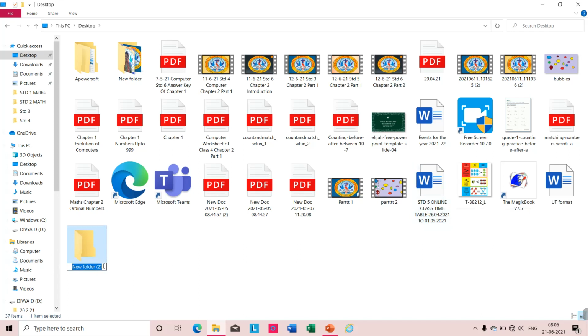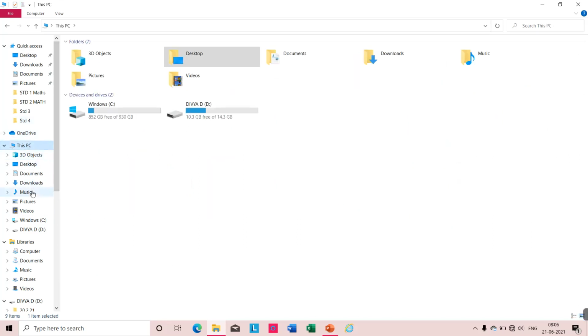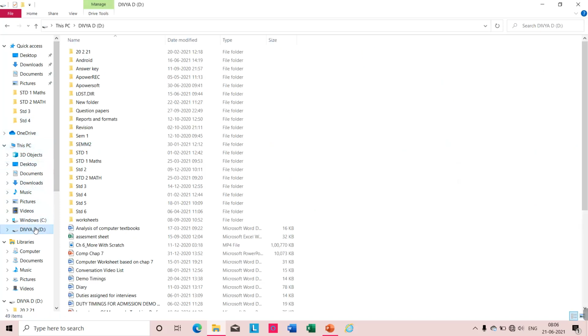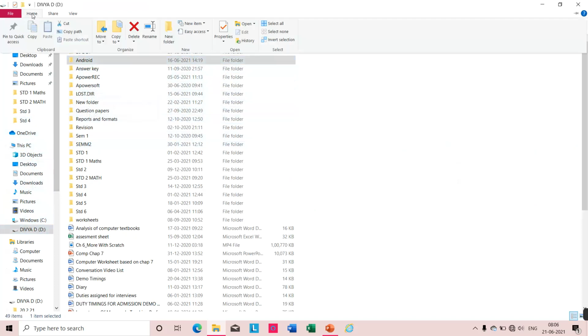Okay, now if I want to rename it, how can I rename it? I want to just type it like this. Okay, understood? Now dear kids, if any other folder is there, for suppose I have in my pen drive all these folders, all these worksheets. If I want to rename it, where will I go? I will just click on it. In the home tab, you have the option of rename. तो यहाँ से भी मैं किसी भी फाइल और किसी भी फोल्डर को रीनेम कर सकती हूँ. Understood, dear kids? Is it clear?